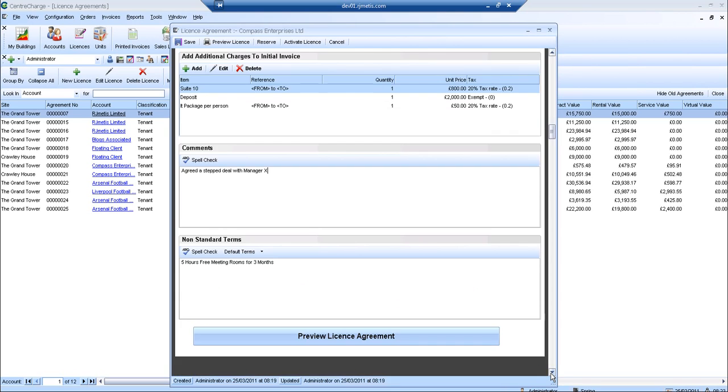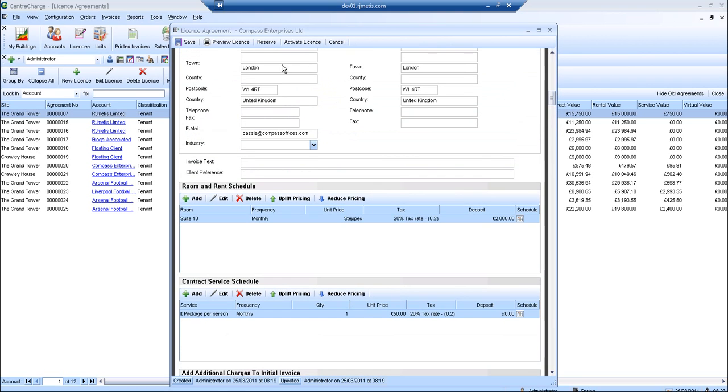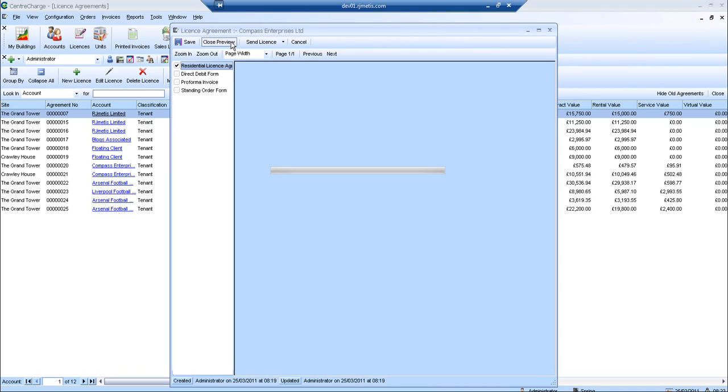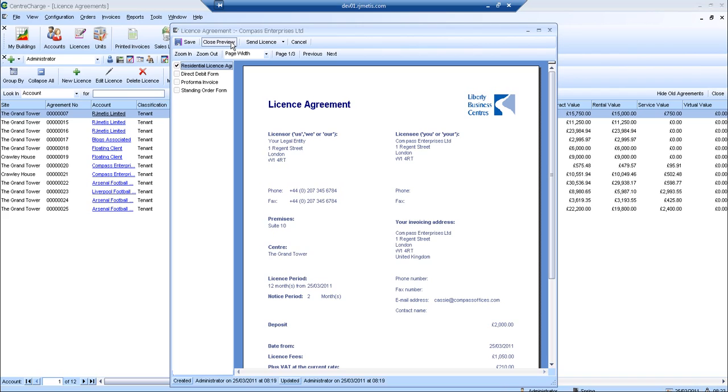Okay, once I have completed my license and I'm happy with everything in that, I simply click preview the license, and my license will be created, and at this point you can issue the license to the tenant so that they can sign and return it to you before you activate the license live for billing. So click send license. I can choose either to print or email the license. In this case I choose to email the license,